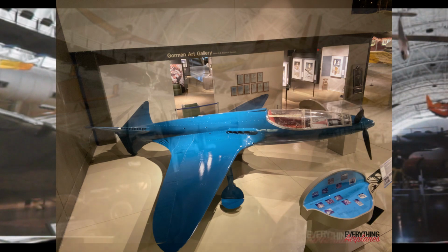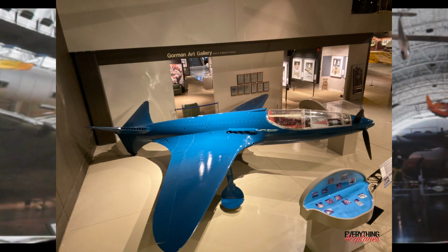is pretty amazing. The airplane is on display at the Experimental Aircraft Association Museum in Oshkosh, Wisconsin. I'm very fortunate to live fairly close to there, so I get a chance to go up and spend a lot of time there. But again, just an amazing airplane, amazing design for when it was thought up and designed